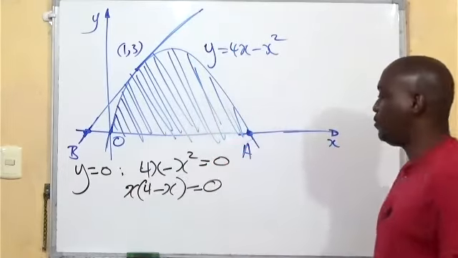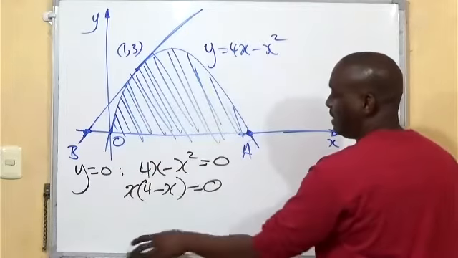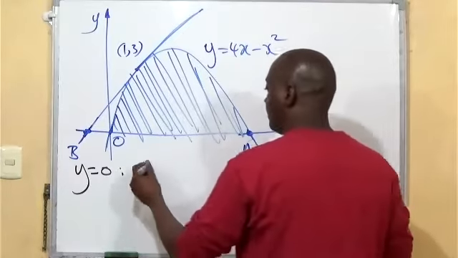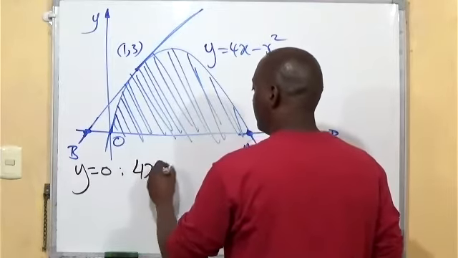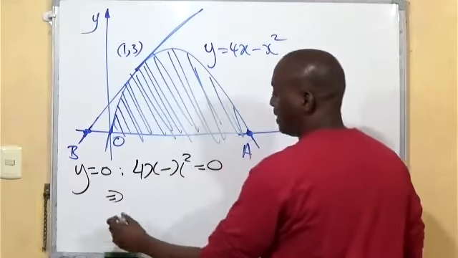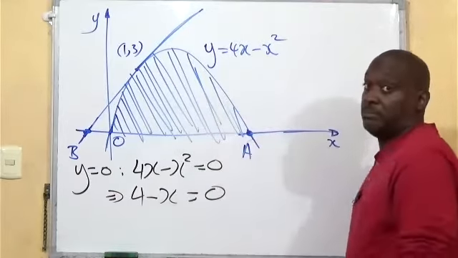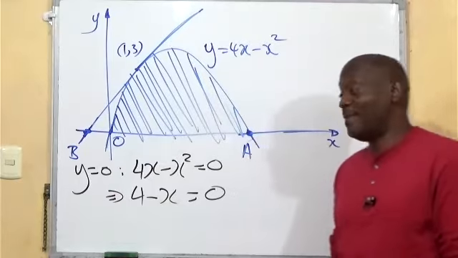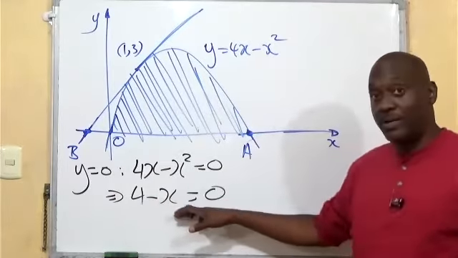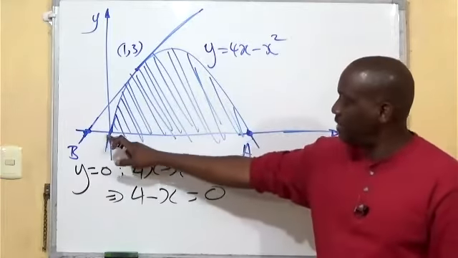Just one note here. In this situation, do not divide the equation by x. So let me show you what some people do. They will say 4x minus x squared is equal to 0, and they will divide by x and say 4 minus x is equal to 0. You could do that, but when you do that, you'll be actually throwing away a whole solution. All right, because as you could see from the graph, there are 2